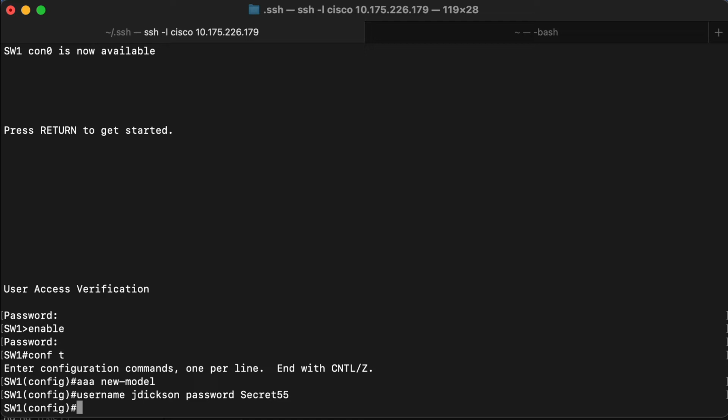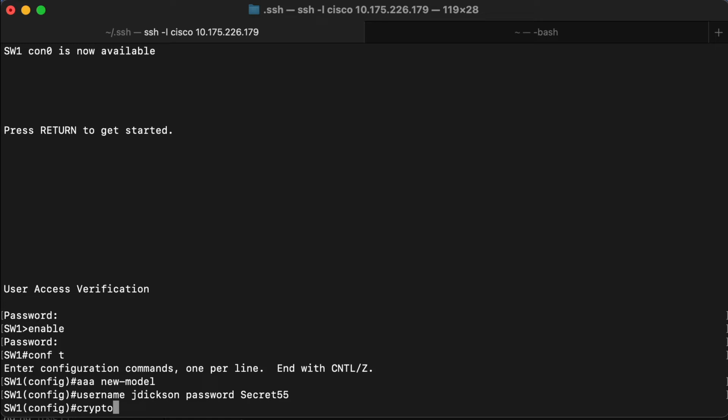Now another thing that we need to do is generate a RSA certificate that we're going to use to handle the encryption. And you have to have a host name and domain name set for that to work. That was done in a previous exercise, but if something's happened that you have kind of stopped along the way and some of your configuration from before might no longer be valid, go back and set the host name and the domain name. Once that's done, the command we use